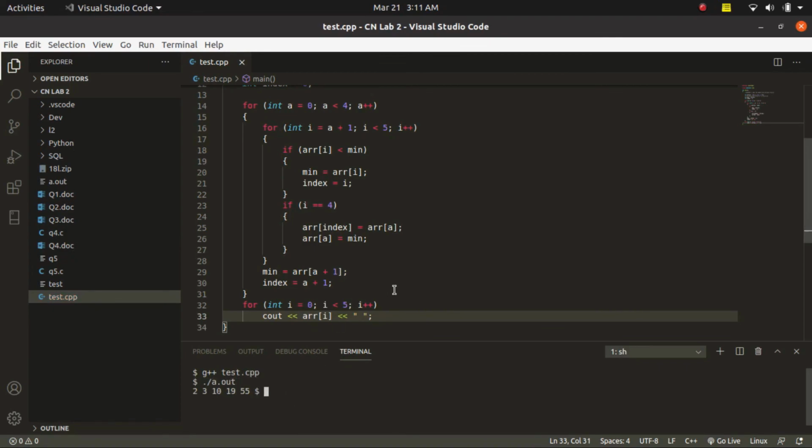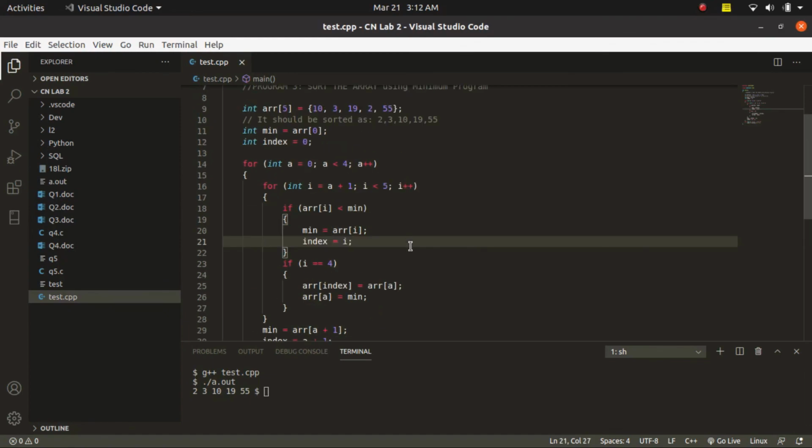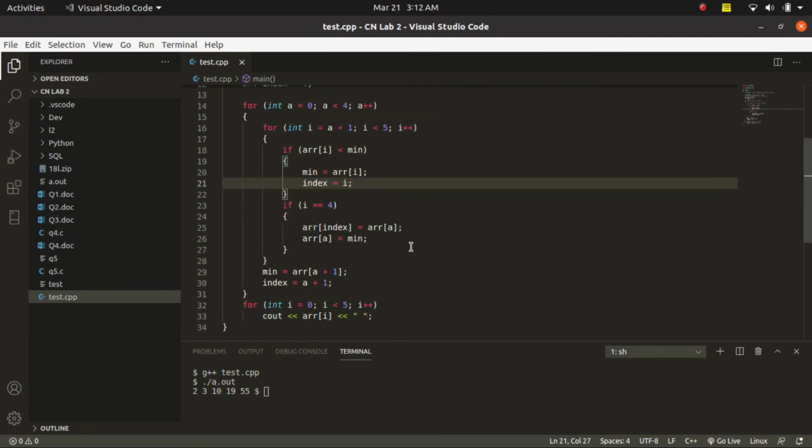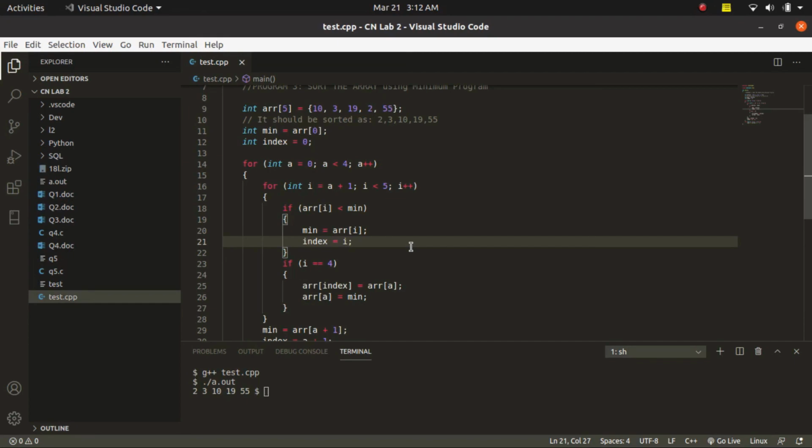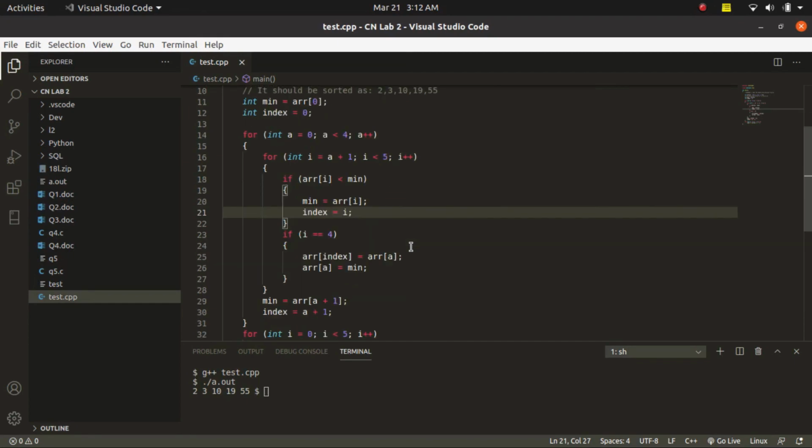Okay, so we see our array has been sorted, and the program was incredibly easy to make. We had just to make the find minimum program, and we extended it to sort the array. It is so much simpler than the bubble sort, but it does the same thing. But if I were to show you this program from the start, you might be a bit confused how to make it and how I actually came up with the approach.